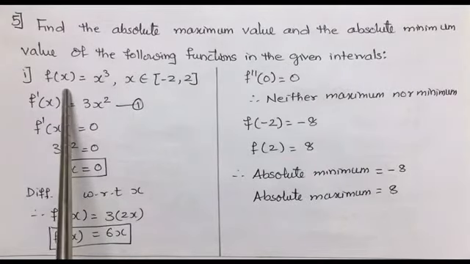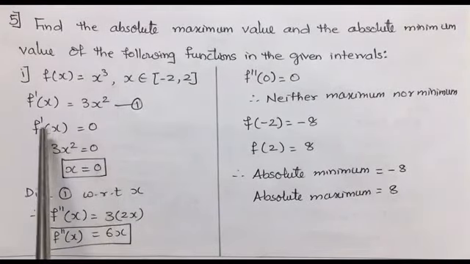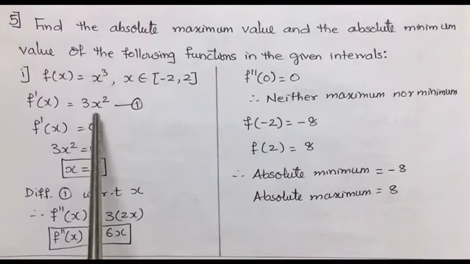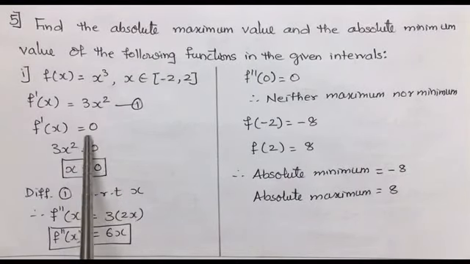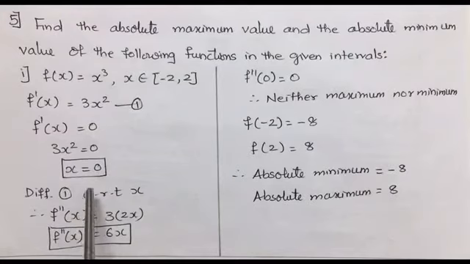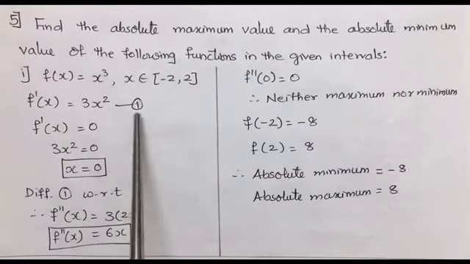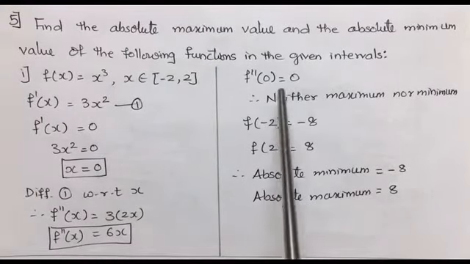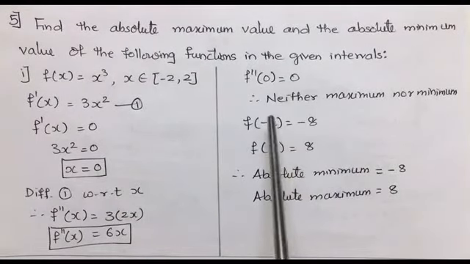First question of the fifth one is f of x is equal to x cube. Now to calculate the value of x, we have to go for the first derivative. So the first derivative comes out to be 3x square. Equating it to 0, we get the value of x equal to 0. Now for maximum and minimum, we have to go for second derivative. So differentiating 1 with respect to x, we get f double dash x is equal to 6x. Now keeping x equal to 0 in the second derivative, we get the answer equal to 0. So there will be no